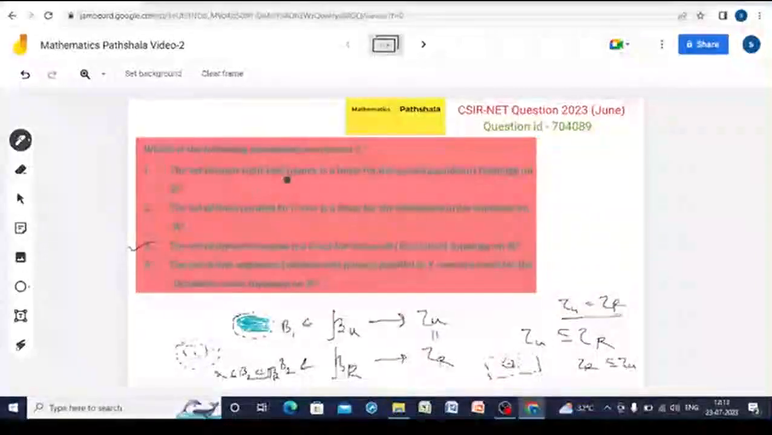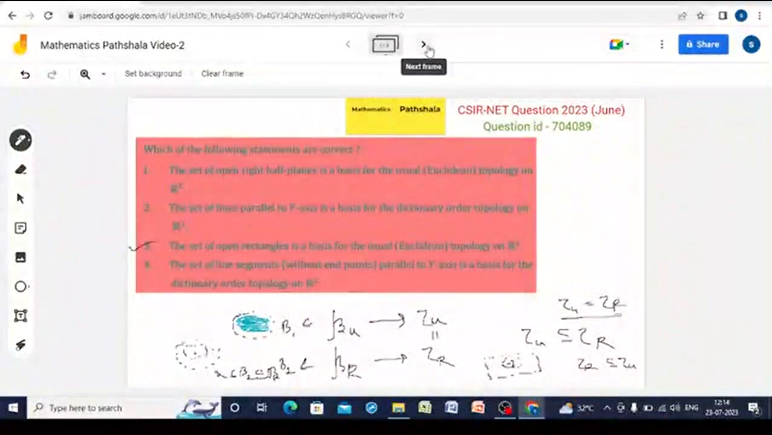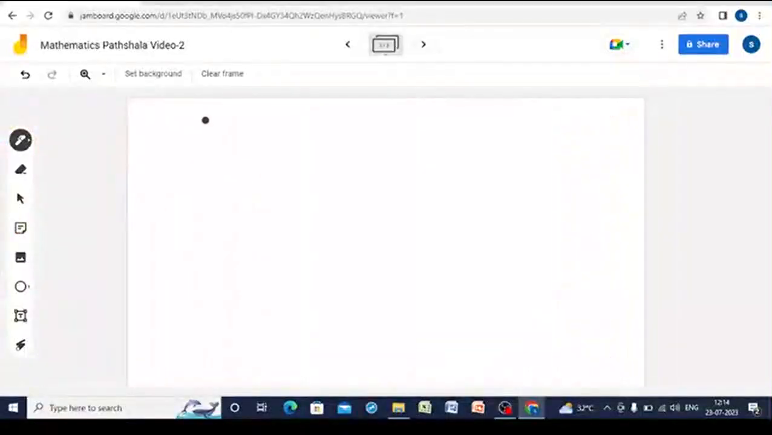Option 1 says that the set of open right half planes is a basis for the usual topology on R2. We all know the definition of a basis. Just to remind you, a collection script B of subsets of a non-empty set X is said to be a basis if number 1, for any x belonging to X, there exists an element b belonging to script B such that x belongs to b, and